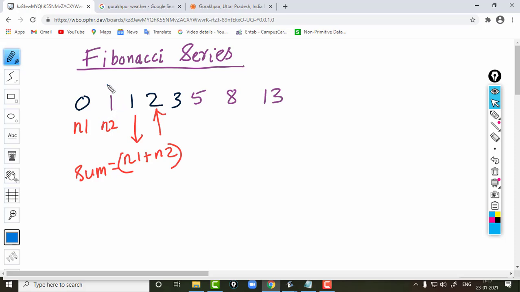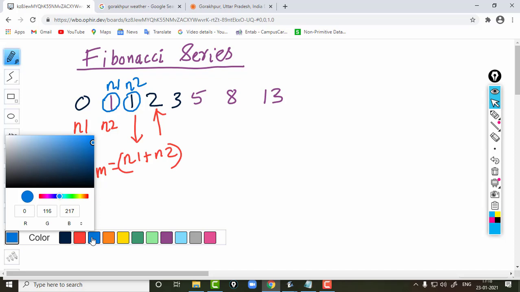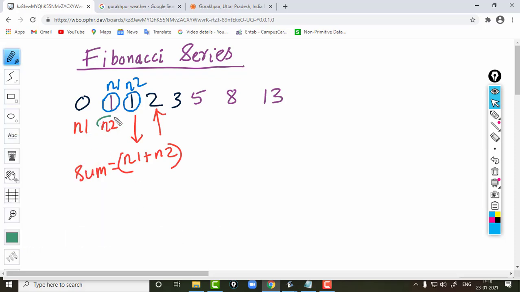That means this number should become N1 and this number should become N2. In other words, N2 should become N1, and the sum should become our N2.